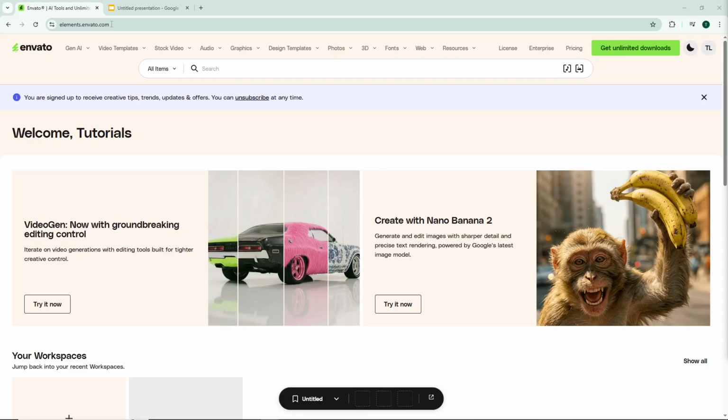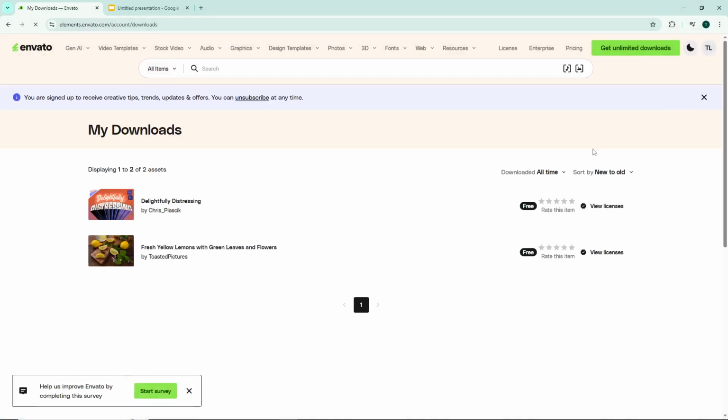After logging in, look toward the upper right corner of your screen where you'll find your profile icon. Click on it, and from the drop-down menu that appears, select My Downloads. This section contains a complete history of everything you've downloaded from Envato Elements, making it easy to track and manage